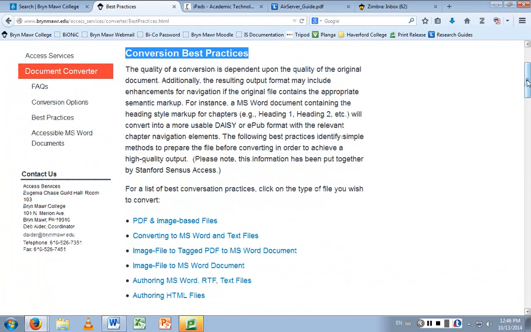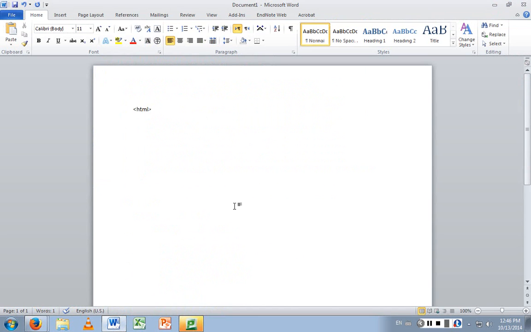Okay. So when you're doing text in Word, it's doing the same thing.